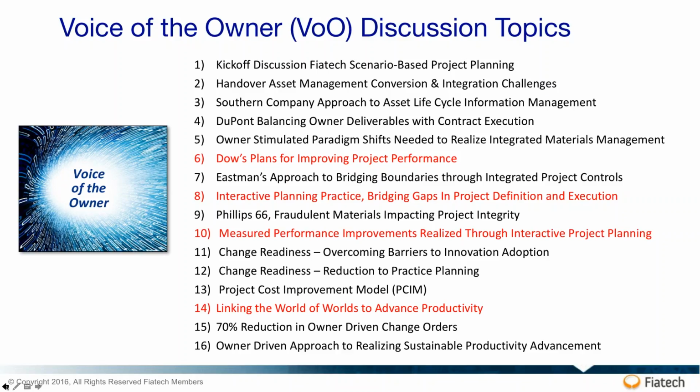So it's like if you have to ask and we're having to fill out more reports, then all of a sudden we're allocating our resources to do that rather than executing the project. And so it's an interesting environment because it's owner to owner type communication that takes place, and you can see the various topics. The reason I have the 4 in red here relates to what we're talking about today, which is interactive project planning or reduction to practice, and also how do you go about measuring performance through interactive project planning and all these other kinds of things in project management, and the linking the world of worlds, which we've already talked about. And again, if you have any questions, please interrupt me.